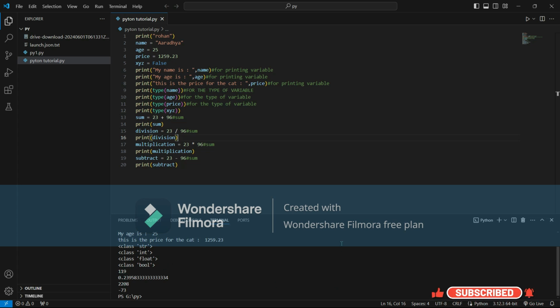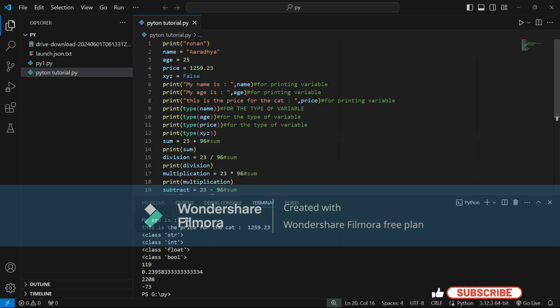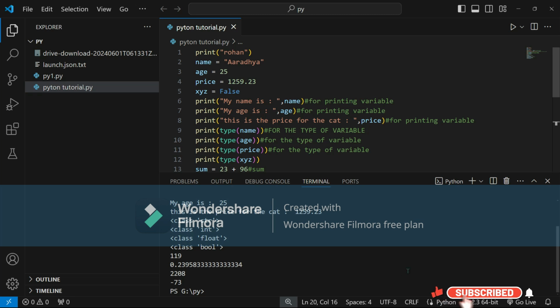So let's open the calculator and check it one by one. First of all, let's check the sum. This is 119. Let's check the division. 23 divided by 96 is 0.2395. This is absolutely correct over here. I'm going to zoom it for you.